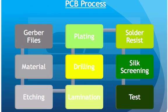You'll notice that Gerber files are at the top of our list. These are generally provided by the engineer, but can also be commissioned out to a circuit board manufacturer like ourselves. Depending on complexity of the board, it can take either about a week to several months to complete Gerber files. After you've completed your Gerber files and have sent them over to a PCB manufacturer, we move on to material